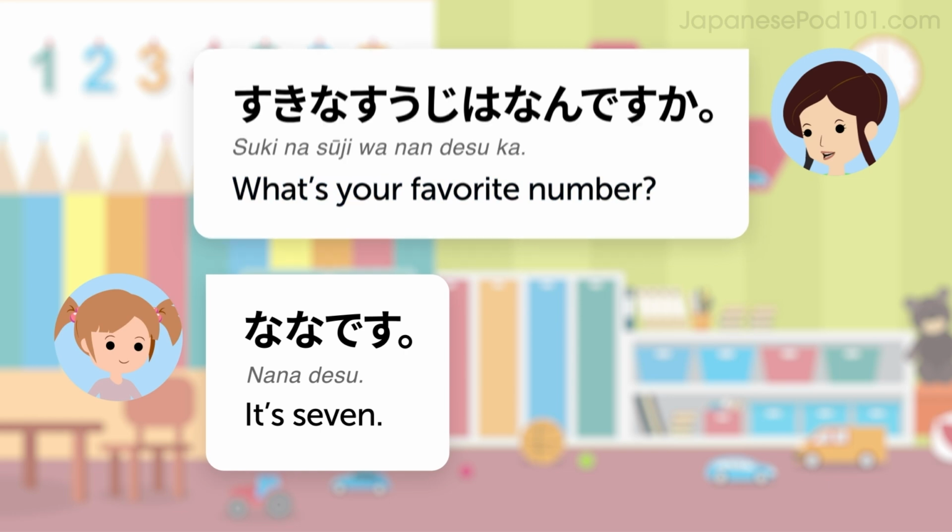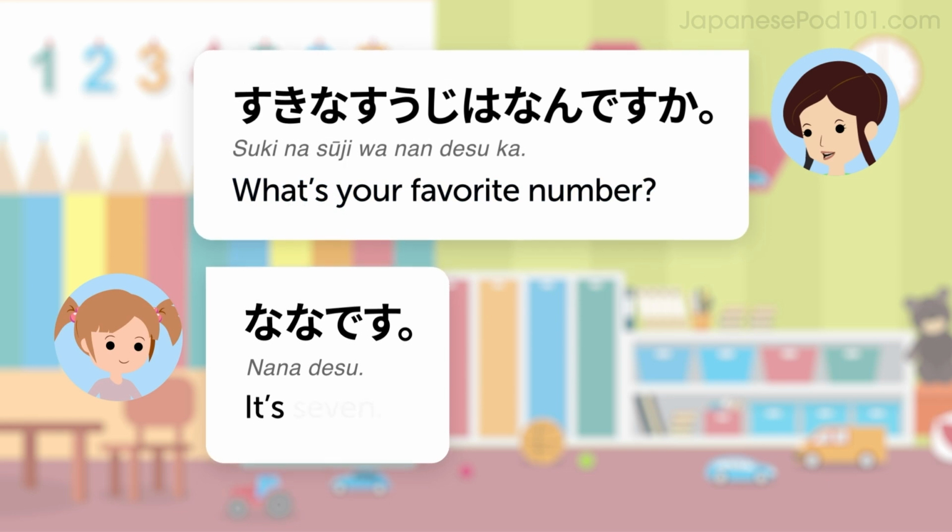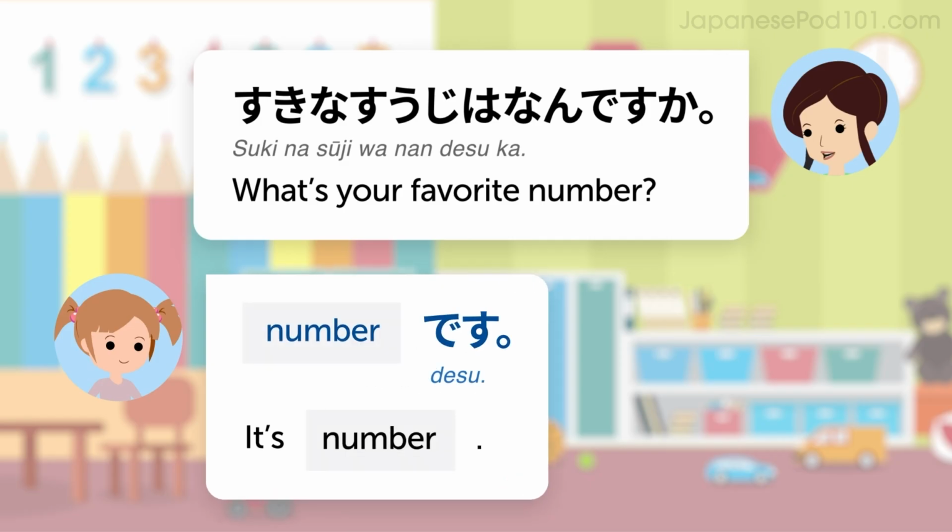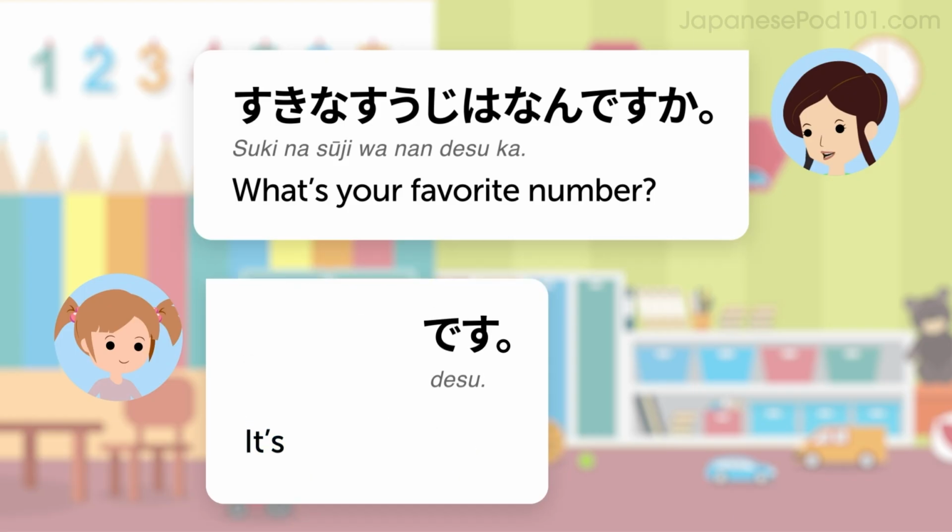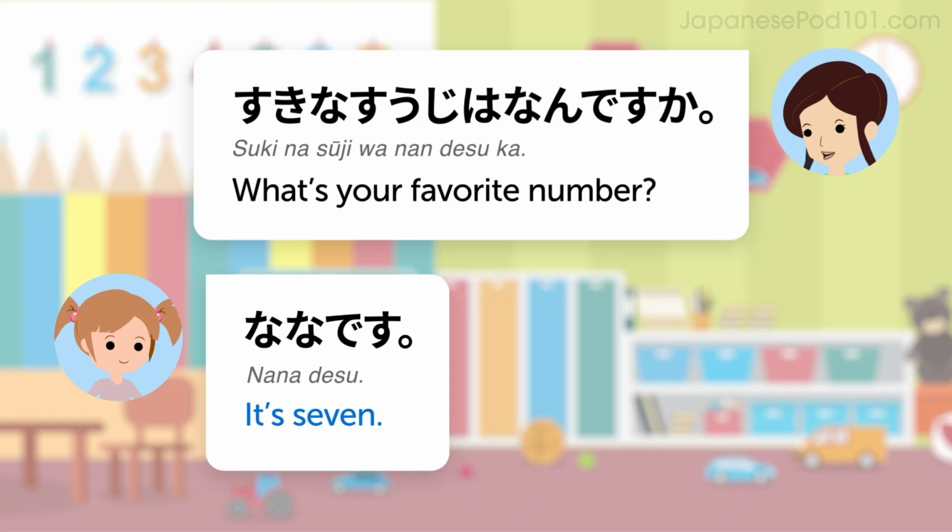Now, how do you answer this question? The pattern is number です. This Japanese sentence literally translates as, number is, but it means, it's number. For example, it's 7. 7です。